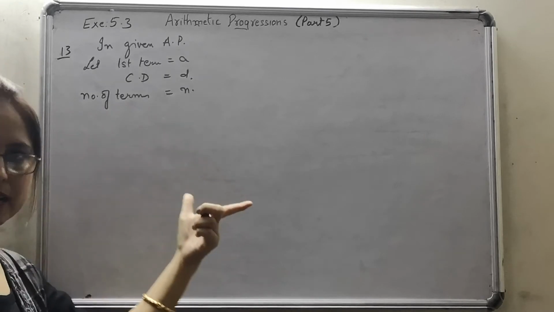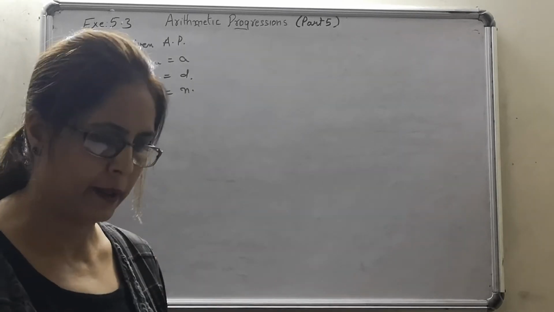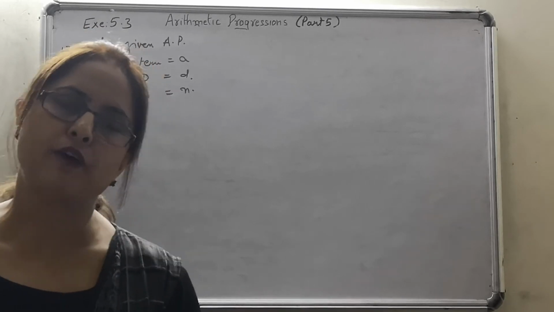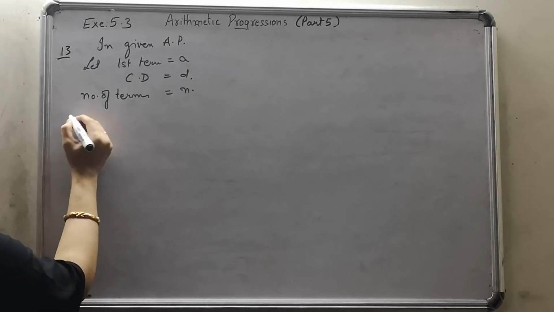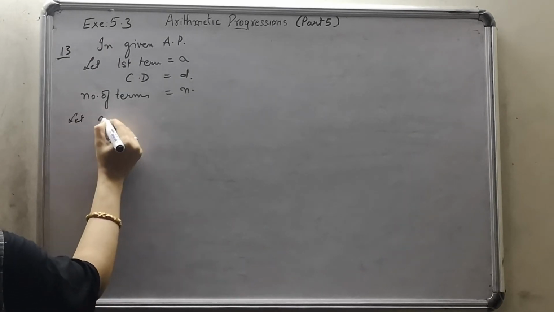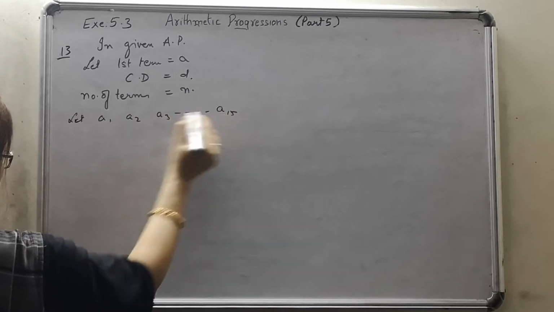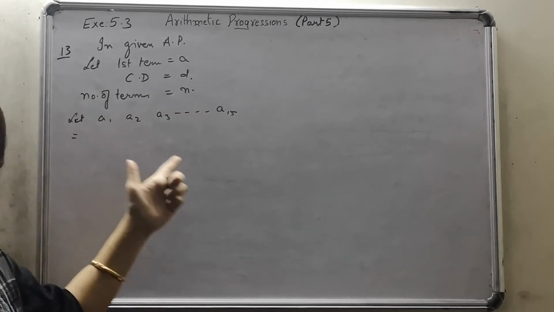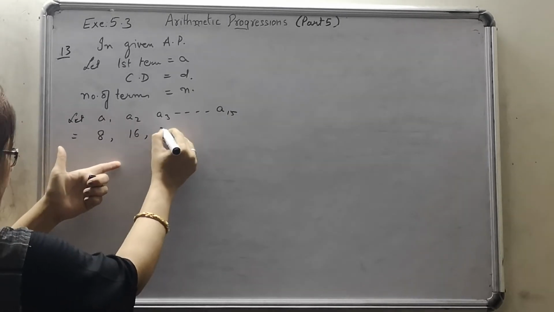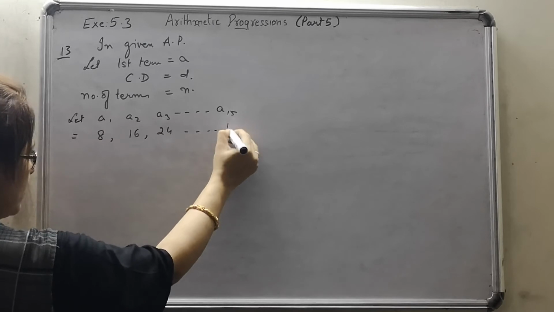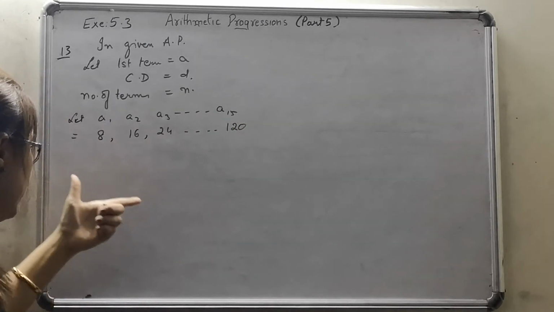So it means हमने 8 का टेबल को 15 तक बोलना है और उसका सीक्वेंस फॉर्म करना है. And after that we have to find the sum of the first 15 multiples of 8. So let A1, A2, A3 up to A15 is equal to 8 का टेबल 15 तक. 8 1s are 8, 8 2s are 16, 8 3s are 24, and 8 into 15 is 120, right? Got this point?